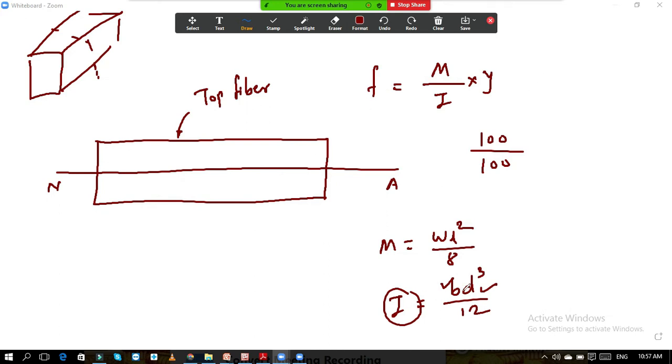So this B and D will remain the same, so this I will remain the same. Load intensity is the same. We know the load on this structure. What is the intensity of the load acting? 10 kilonewton, 12 kilonewton. So this load is the same. L is also the same. This is the length of the member.